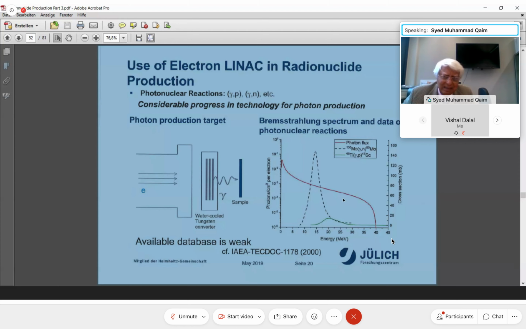The other reaction is the gamma P reaction. We have talked about scandium-47. If we have titanium-48, hit it with gammas, a proton comes out and scandium-47 is formed. The cross section for this is very low. This is shown here in the green curve, starting from 12 going up to about 45 MeV. It's extrapolated, but it's a low cross section, just a few millibarns.